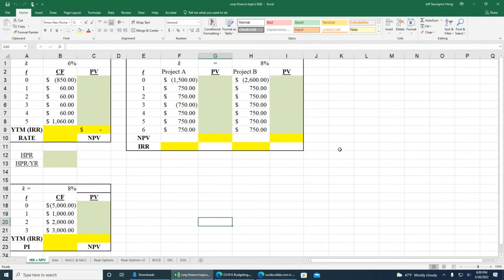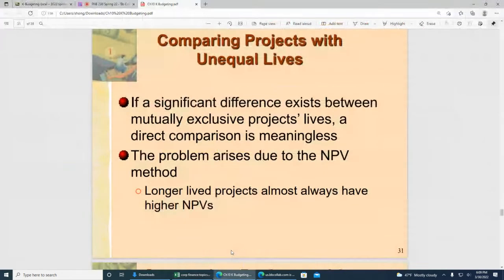So comparing them was easy. You find net present value or internal rate of return, and whichever has the greater net present value, that's the one. But the projects don't necessarily have equal lives. By coincidence they may have equal lives, but project A and project B may have different